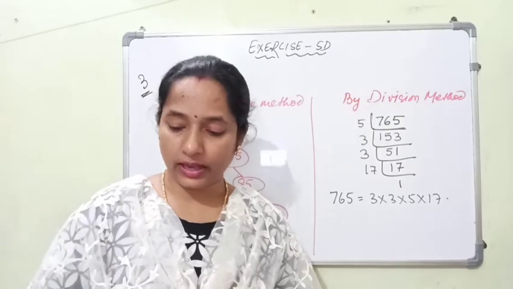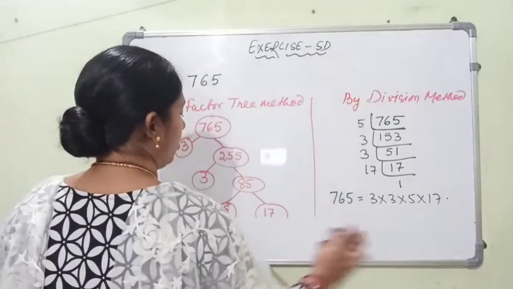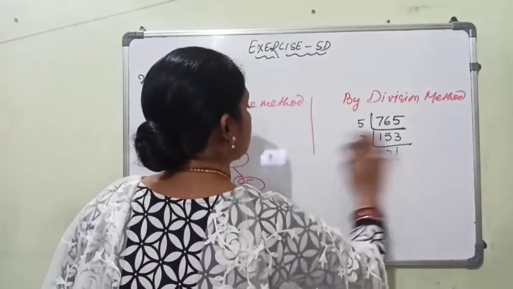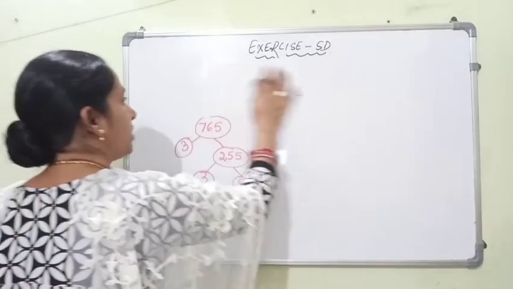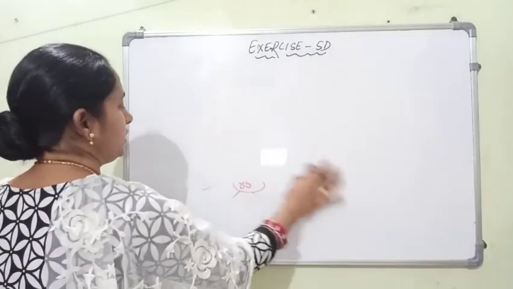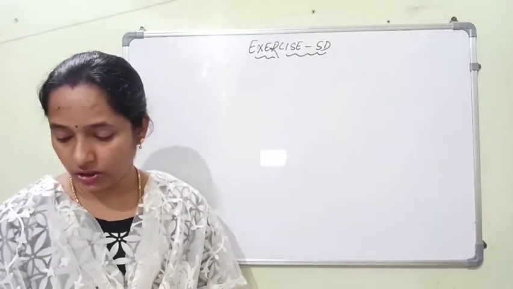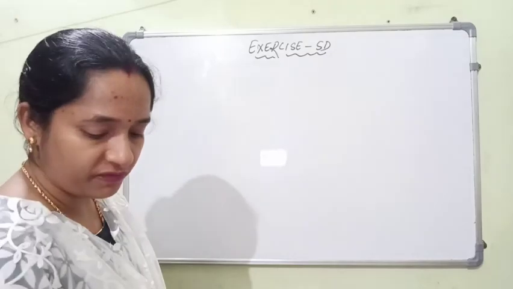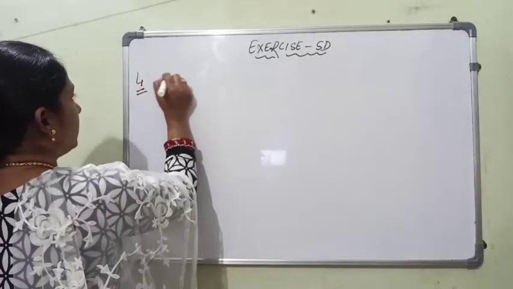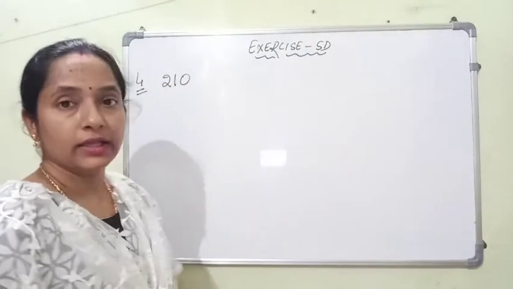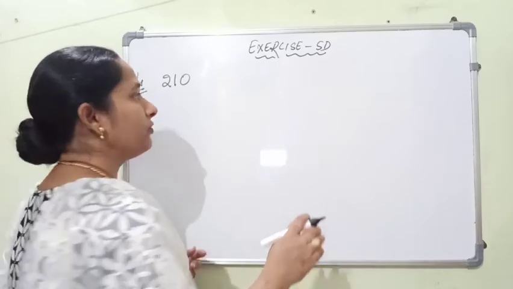Okay, so we have so many different methods of finding the factors. We have learned how to find the factors of any number, how to find the prime factors of any number, and even how to write down the composite factors or the factor pairs. Like if you will go for the number 210, and you are asked to write all the factors, then what you will do?